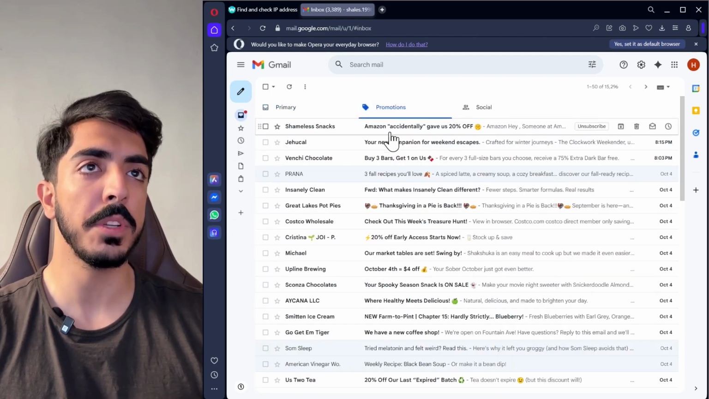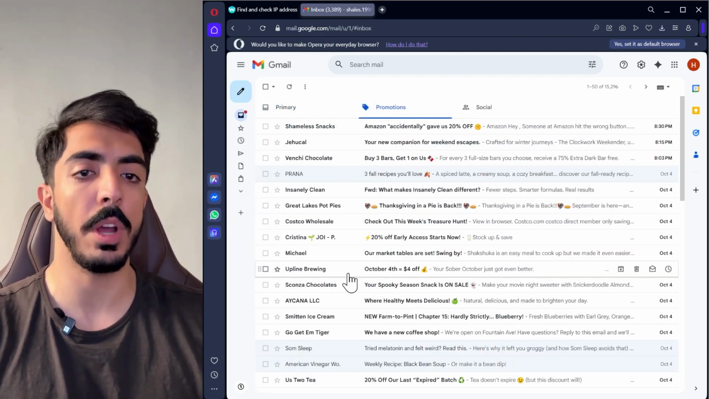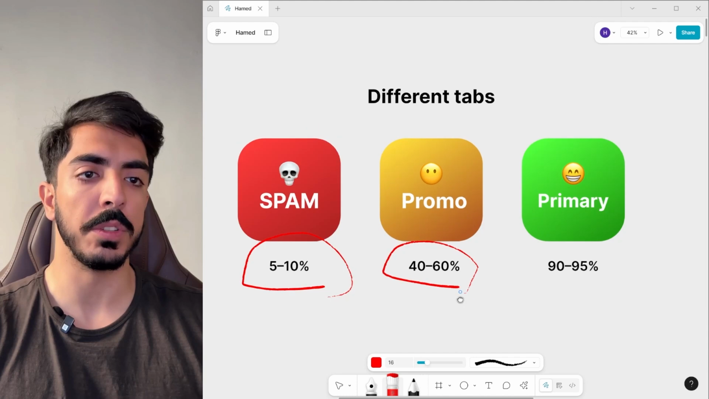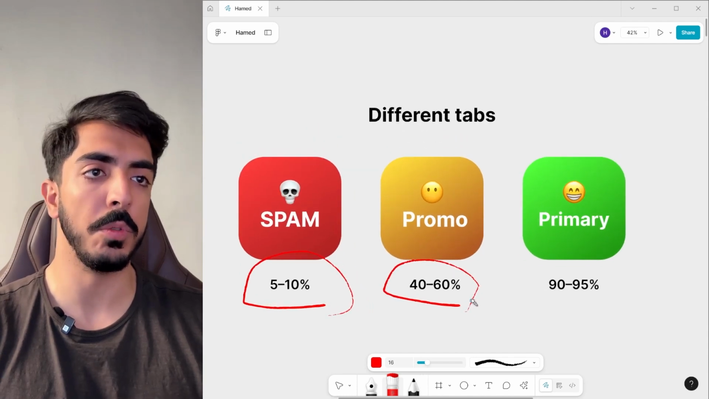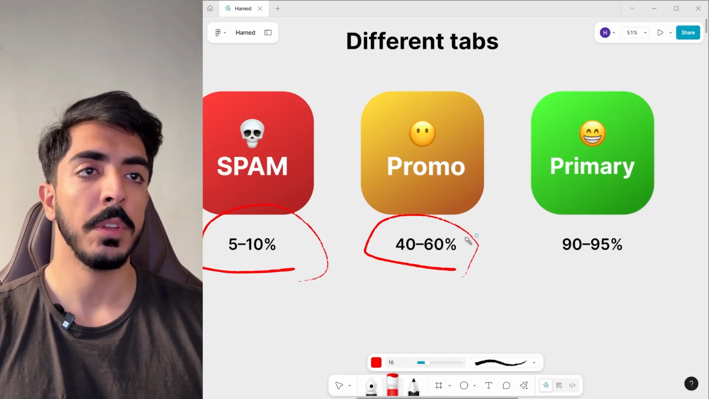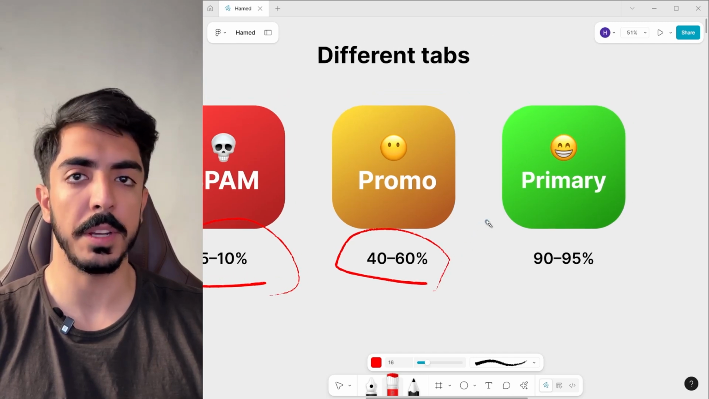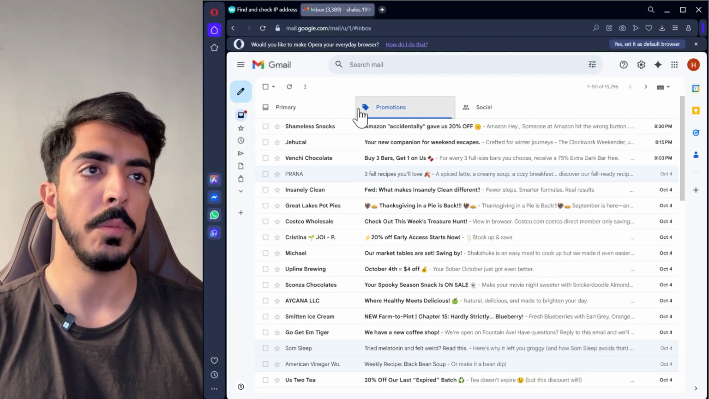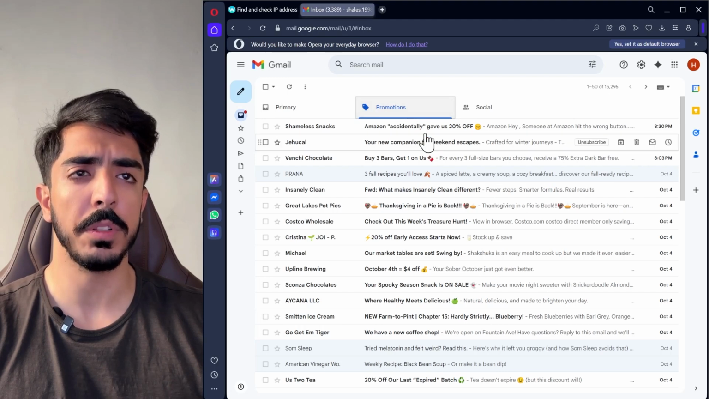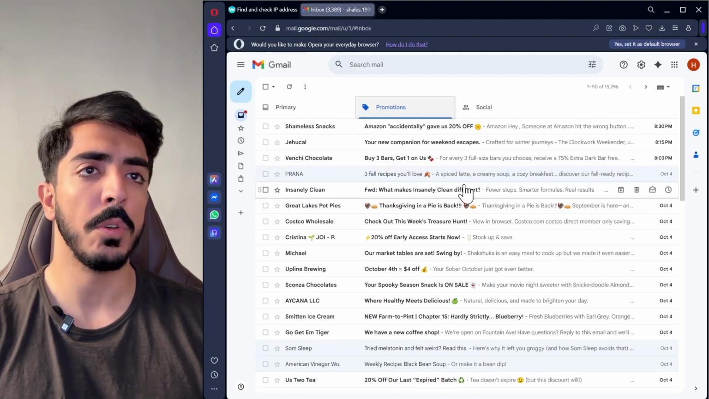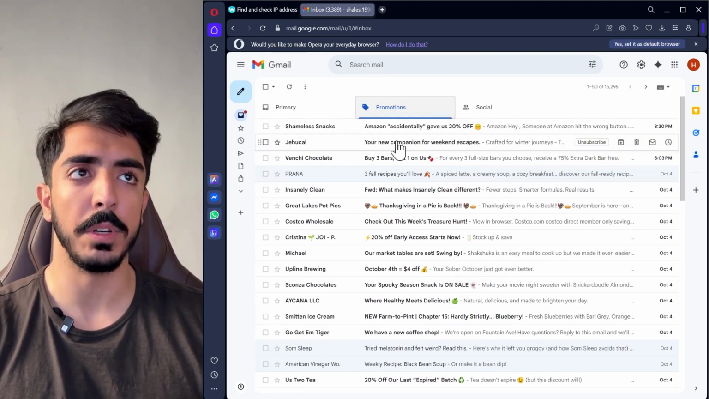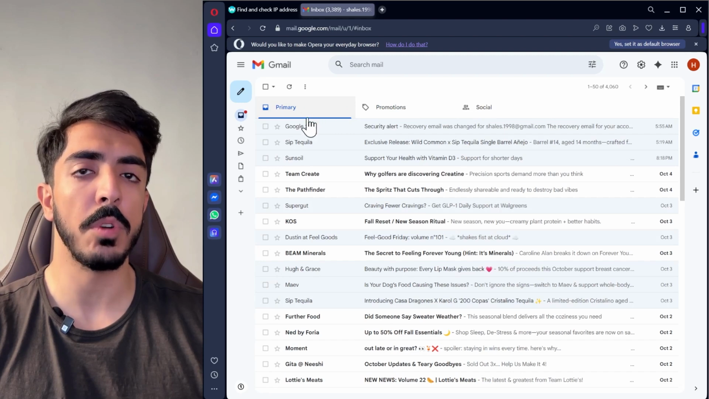Let's see what's the difference between the promotional tab and the primary tab. If you land in the promotional tab, which most e-commerce stores do, the ones that are not landing in the spam folder, you have a 40 to 60% chance of being seen by your prospects and recipients, and maybe they go multiple times a week to their promotional tab and see your emails there. So it's better than landing in the spam folder, but the main goal is to land in the primary tab as much as possible,